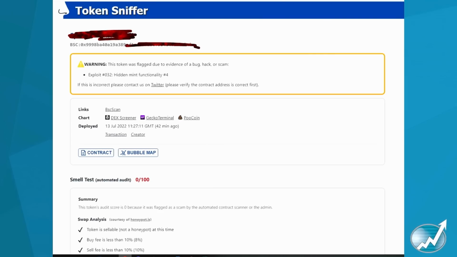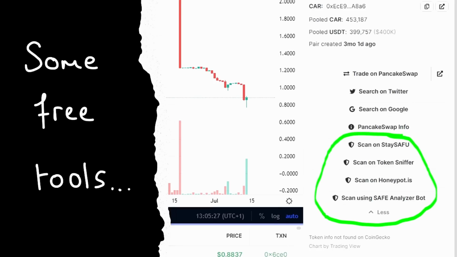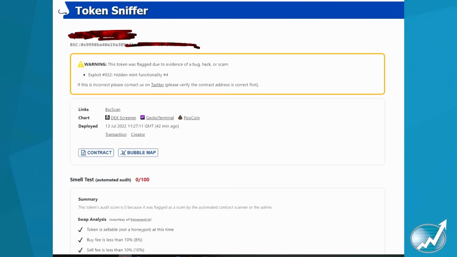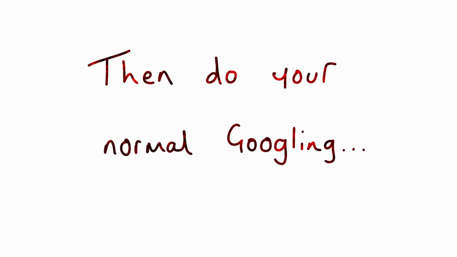And if you scroll down the list, it will tell you where it's fallen through. So just go through all of these, just find any coin and you can go through them. And by the way, just another disclaimer: some good coins will actually still come off pretty bad on here, believe it or not. You can get some well-known coins that are only doing 50 out of 100. Sometimes it's bad, sometimes it's, I don't know. But these are really simple. You can do all of this literally in minutes, then do your normal Googling.